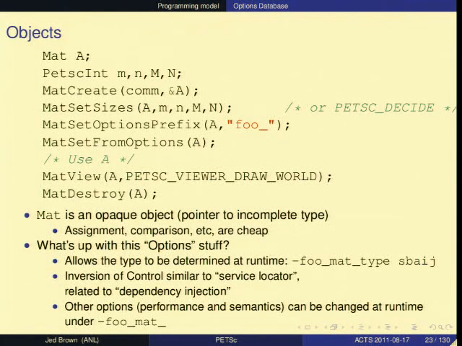This option allows you to do things like set the type to, say, a symmetric or blocked format. And there's a few things that you can configure, and the solvers have many more options you can configure. If you are familiar with design patterns, this is an inversion of control. It's similar to service locator, or dependency injection. But this is the way that we configure these objects without having top-level dependencies.